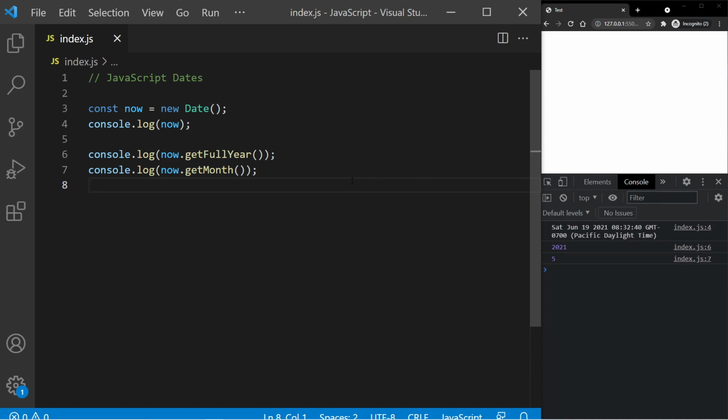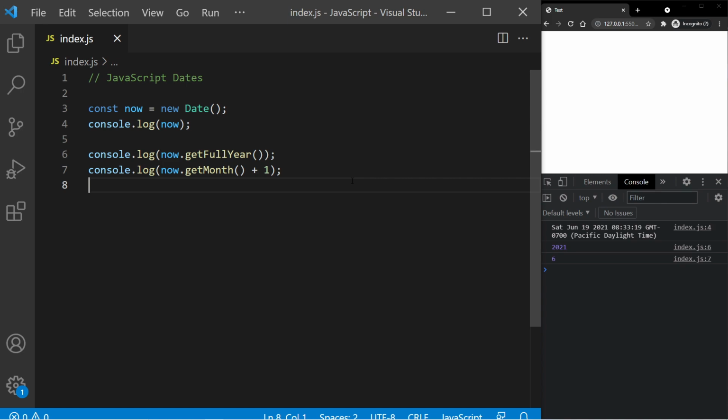This is actually something weird when it comes to JavaScript dates, is that these are 0 indexed, which means that they start counting at 0, which is a common thing you see in a lot of programming languages, including JavaScript, but not necessarily when it comes to dates specifically. So basically, January would print out 0, and December would print out 11. To solve this, we can simply just add 1 inside of our console log statement, and if I save this,